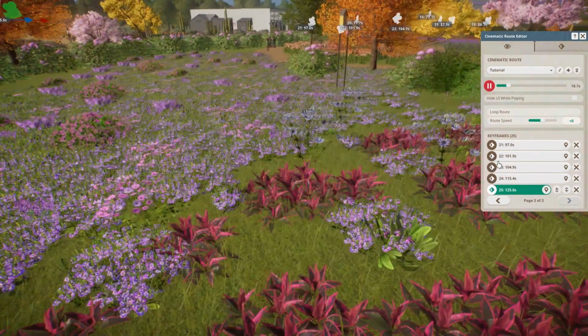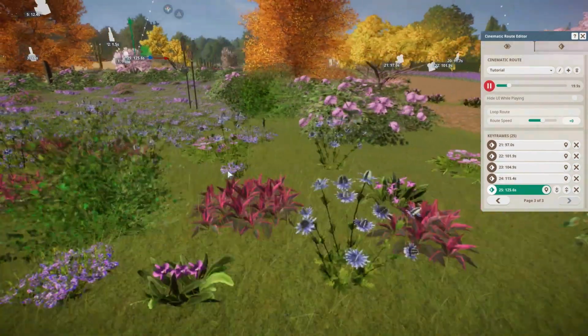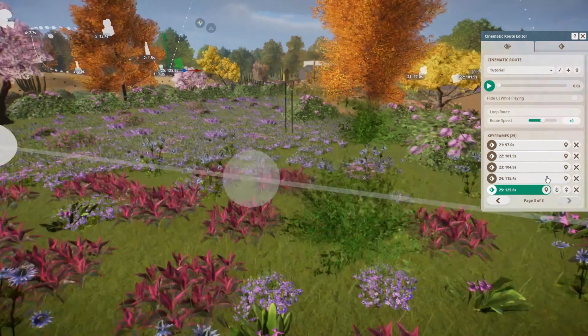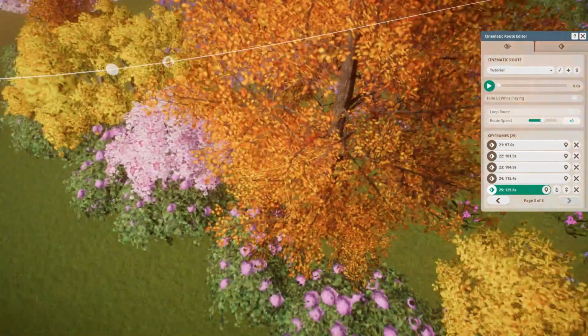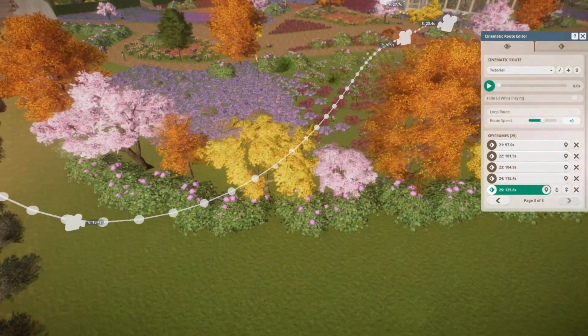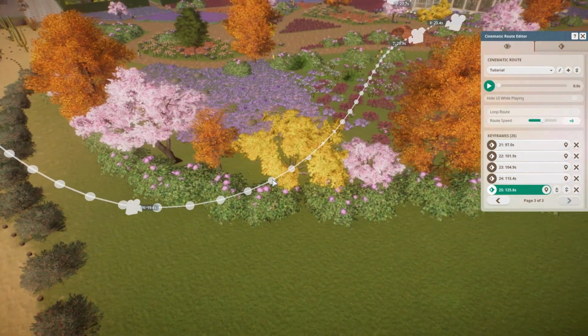So as you can see here, it's going through that tree, which I'll fix for you here. So if I just pause it, I'll show you how to fix something like it going through the tree. As you can see here, the line goes through the tree, but what you can do is